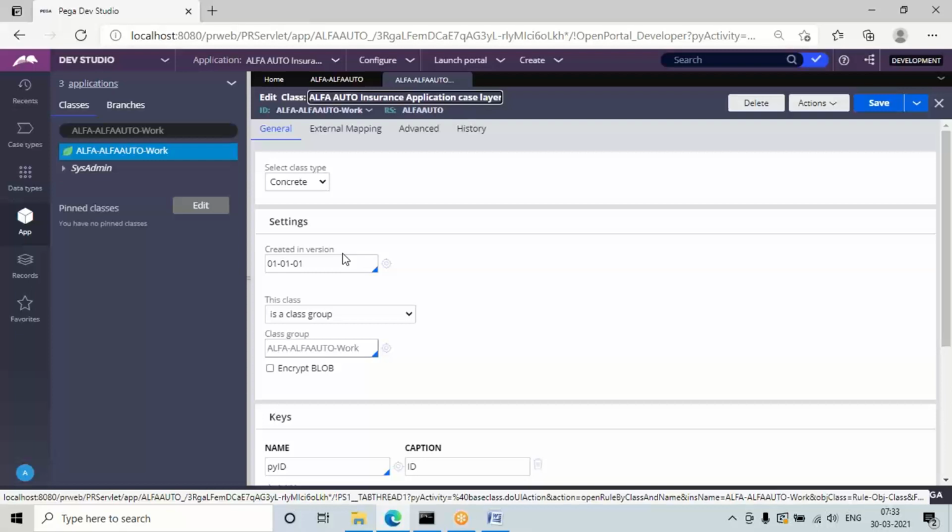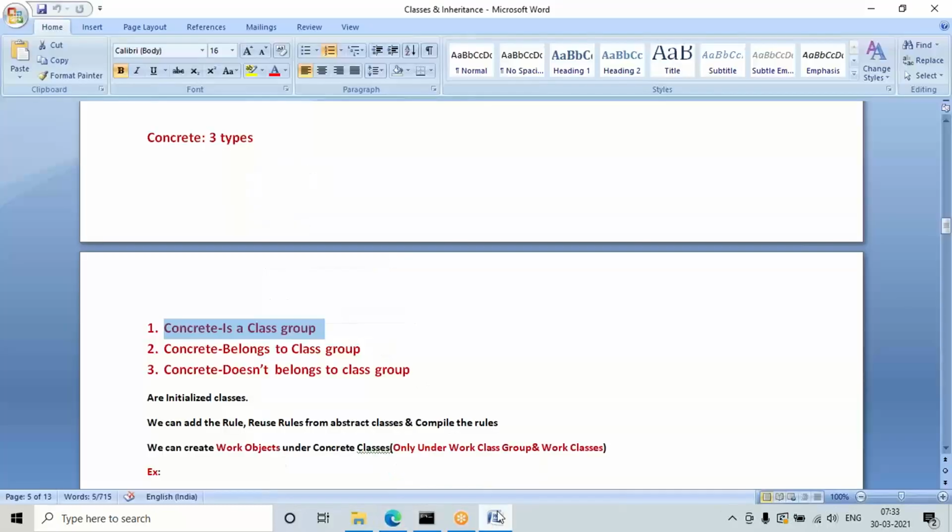Don't worry about the backend part. Pega will generate everything in the background. Just remember the types. Here, you see the work layer is concrete, and the type is a class group. That we cannot change. That is already generated by the Pega platform when the application is created. So we will never change those things in the background.